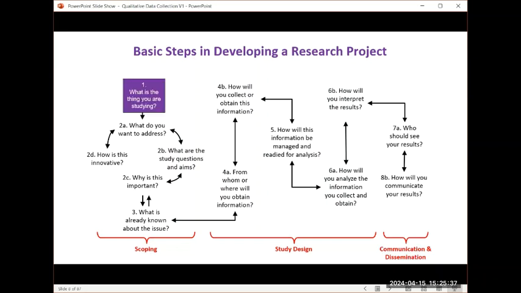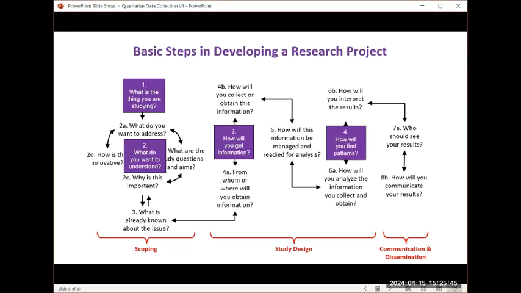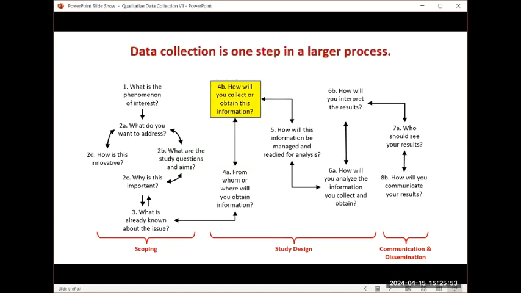So what we have is, what is the thing you're studying? What do you want to understand? How will you get information? How will you find pattern? And how will you communicate your results and your implications, right? So if you look at this, data collection is one tiny step, an important step, mind you, but one step in many. If you're going to treat this as a process, then paying attention to the front end of the process and the back end of the process actually will help define what you really want from your data collection. And we're going to see this play out over and over again.